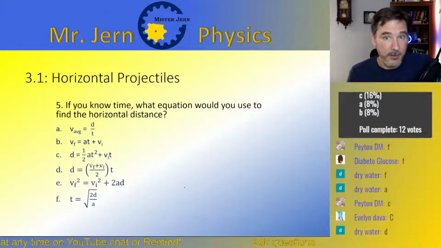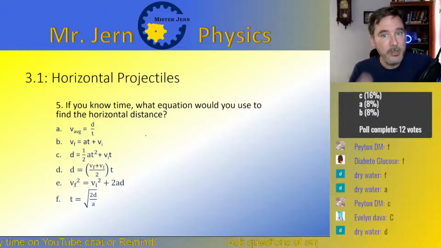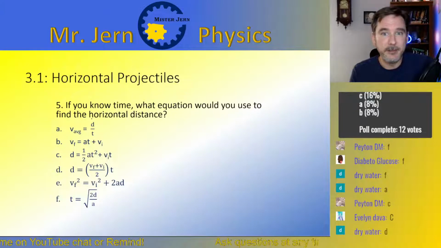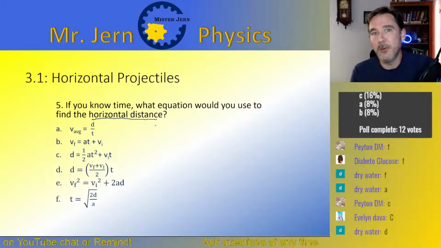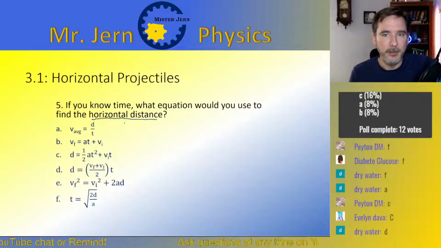One more with this horizontal projectile 3.1. You know the time again. What equation would you use to find the horizontal distance? All right, the displacement in the horizontal direction. Horizontal, remember, is